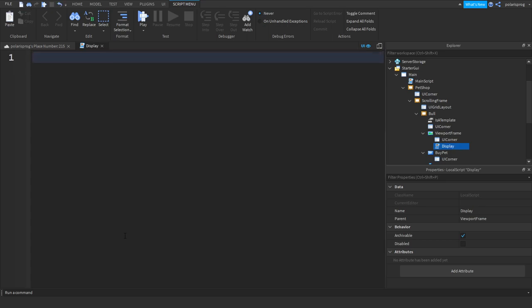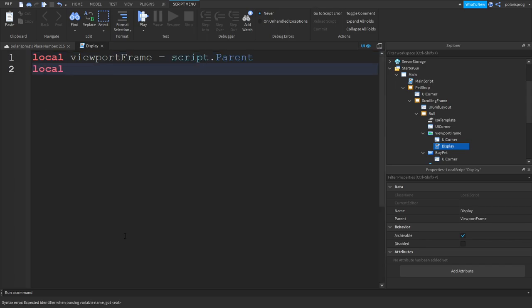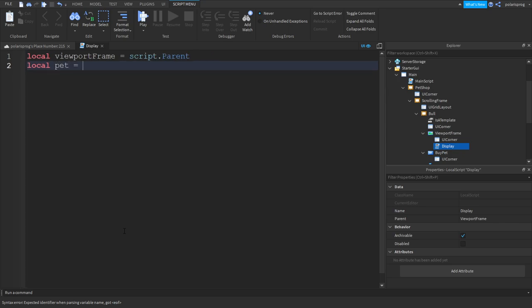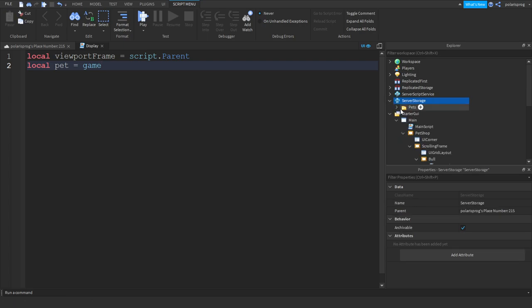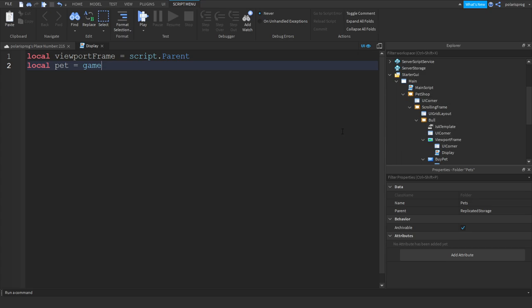What we're gonna do is make a variable for the viewport frame. Local viewportFrame is equal to script.Parent, and another variable for the pet. Local pet is equal to game. Wait, where did we put the pets? Oh, in ServerStorage. We're gonna have to take this folder out of here and put it in ReplicatedStorage. Okay, so in here we're gonna do local pet is equal to game.ReplicatedStorage.Pets:FindFirstChild, and we're gonna find the viewport frame